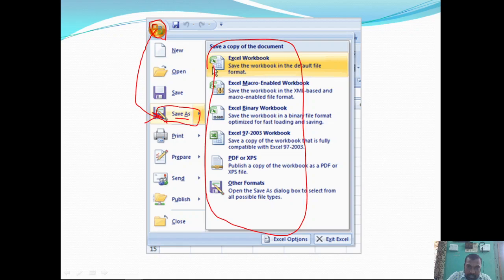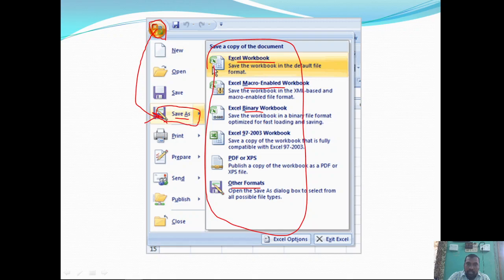Among these you can choose any one of the formats: Excel workbook, Excel macro enabled workbook, Excel binary workbook, Excel 97 2003 workbook, PDF or XPS, and you may also choose other formats.